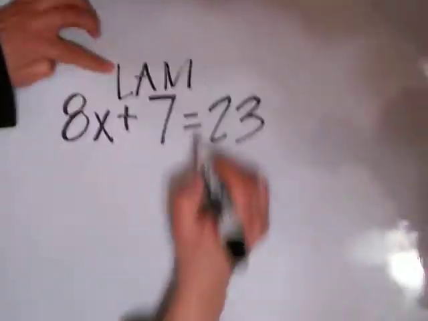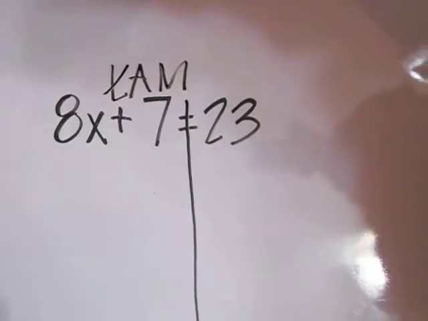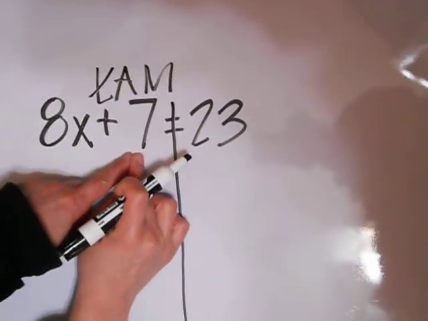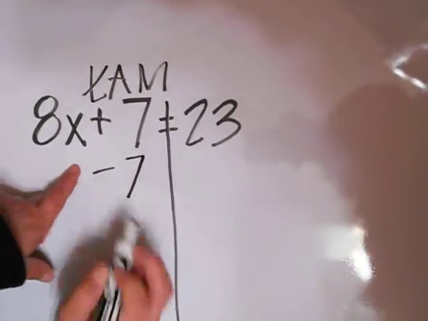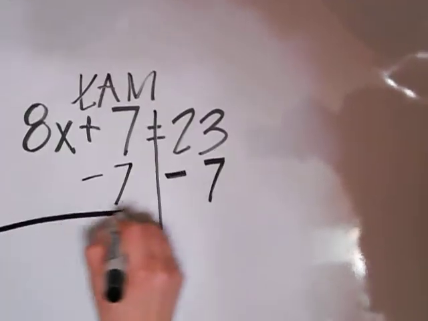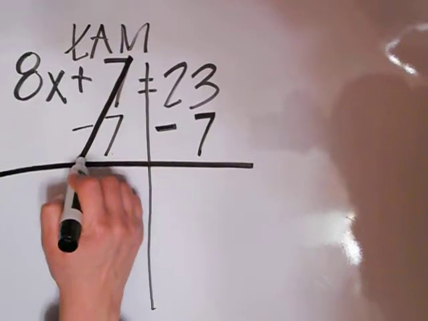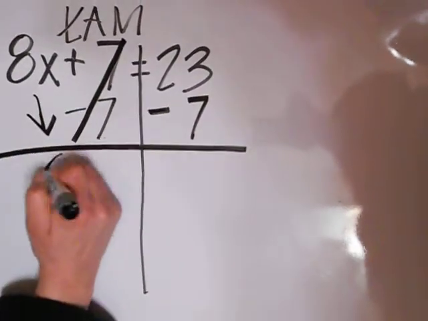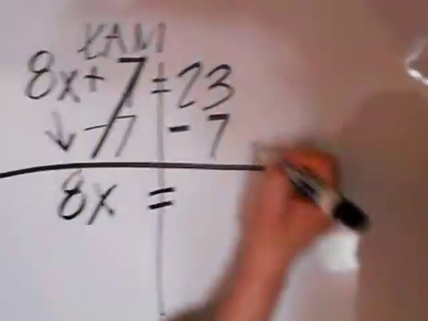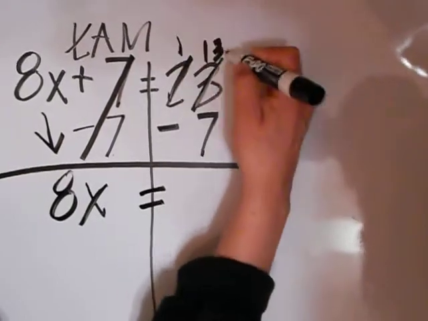LAMB. L, draw my line. A, add or subtract. So I see here that this is plus 7, so I have to do the opposite. So I minus 7. What I do to one side, I have to do to the other side. Plus 7 and minus 7 cancel out. Now I'm left with 8x on this side is equal to, and 23 minus 7, so 13, and borrow 13